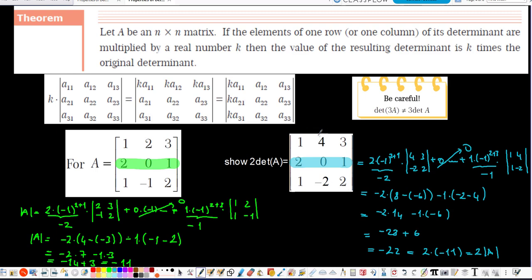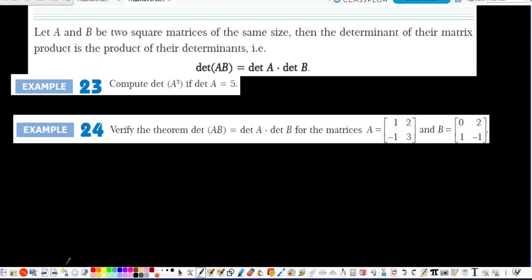So as you see, we multiply only one row, and we got the same result here. And we are going to continue with this last property. Here it says that when you multiply the matrices, then if you get the determinant, it is the same as getting the determinant of the first matrix, then the second one, and multiplying them. So we are going to prove by using the rule here that that's correct, but we are going to do this one as an exercise. Now I want to solve only this one,